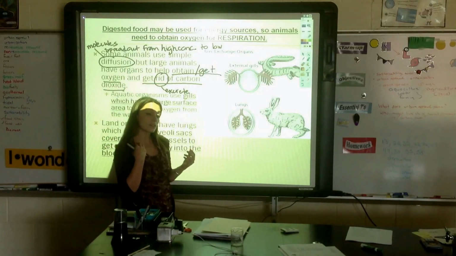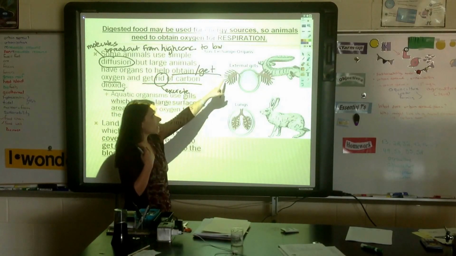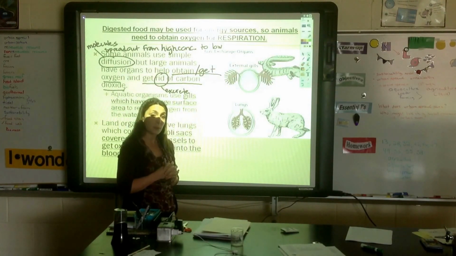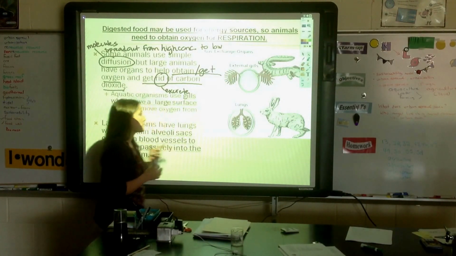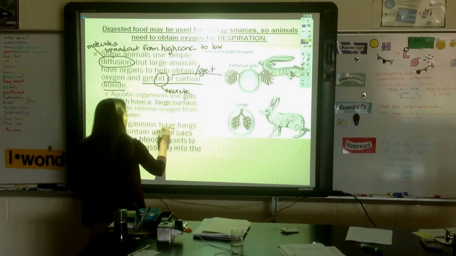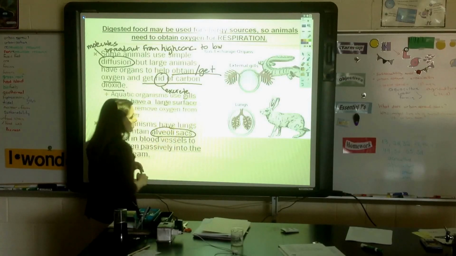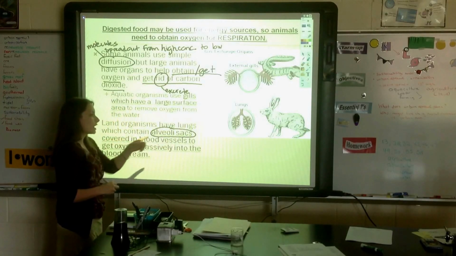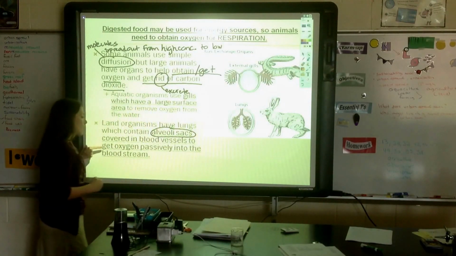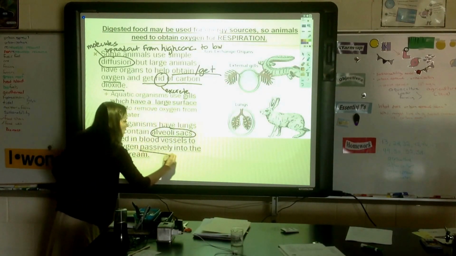So when we think of gills, a lot of times we think of fish, but salamanders, which are amphibians, actually have gills because they spend part of their life in the water. Land organisms have lungs, which contain alveoli sacs. And so we do need to know that alveoli sacs are covered in blood vessels to help get oxygen passively